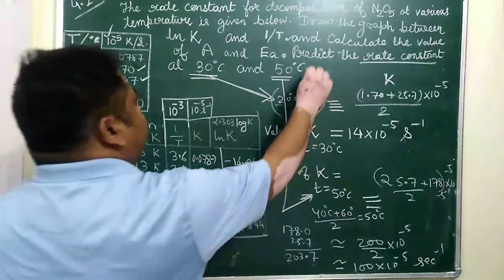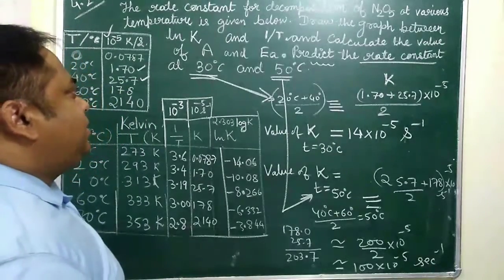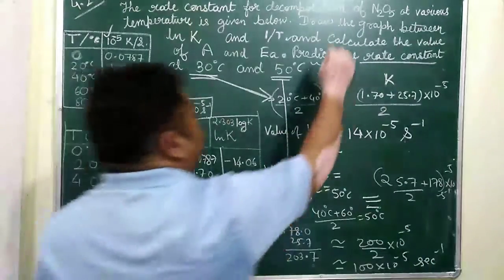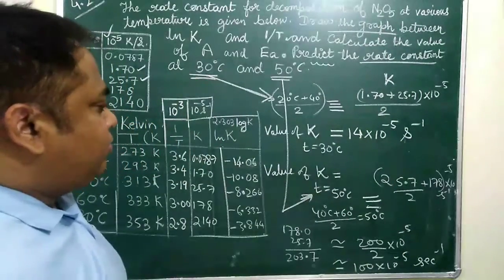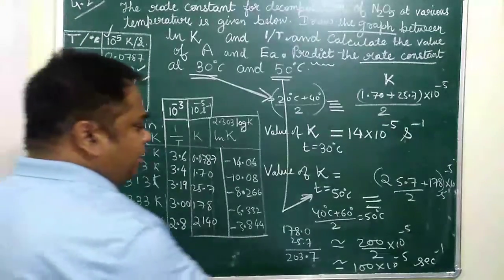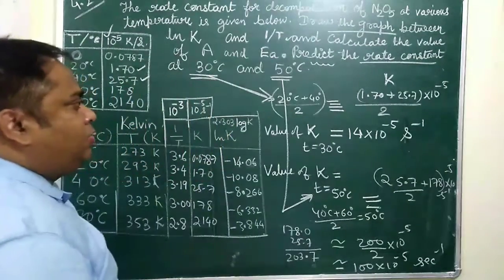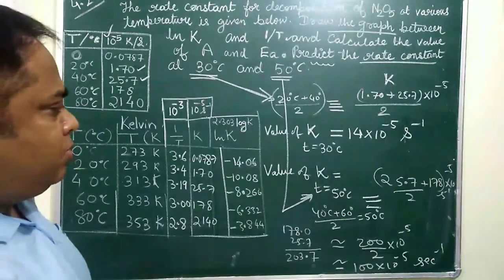We have been given the task to predict, but the prediction has to be done by using the graph which we will draw. When you draw the graph, it will be very difficult to do such long calculations. So you can use this nearby value and draw the curve too. So this trick I have told you. Now let us get back to the mainstream process of solving this problem.